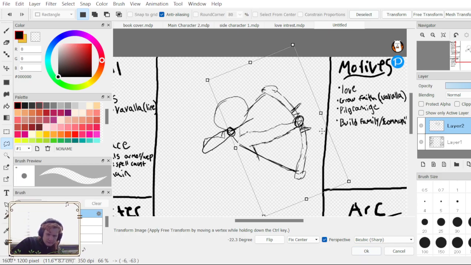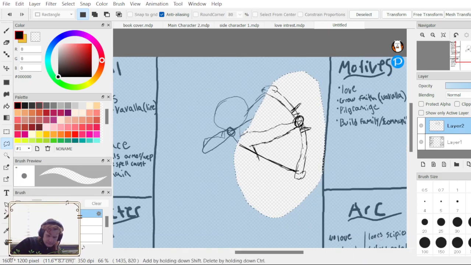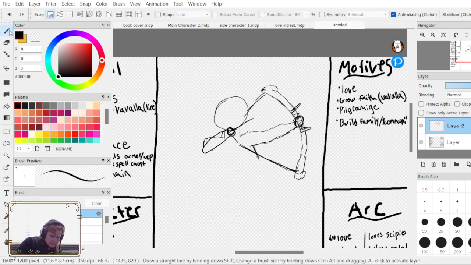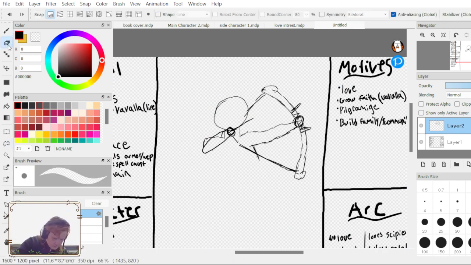That actually looks a little better. Gonna take a little bit of adjustment to get it to fit, but let's see. Probably erase this too.